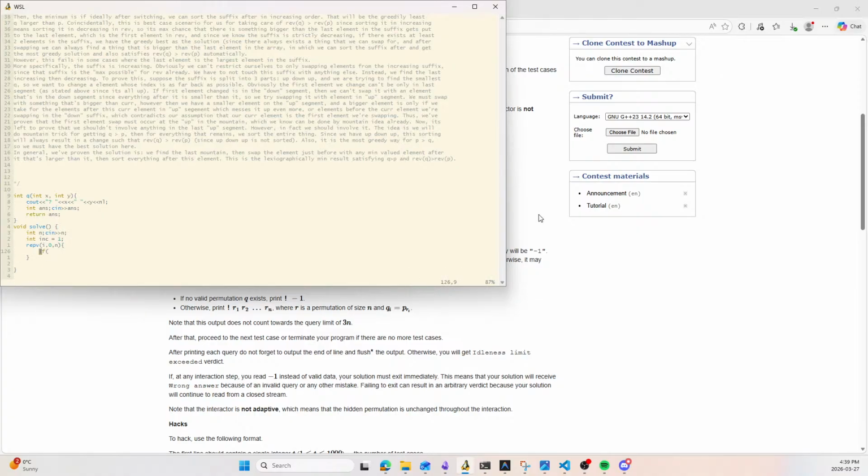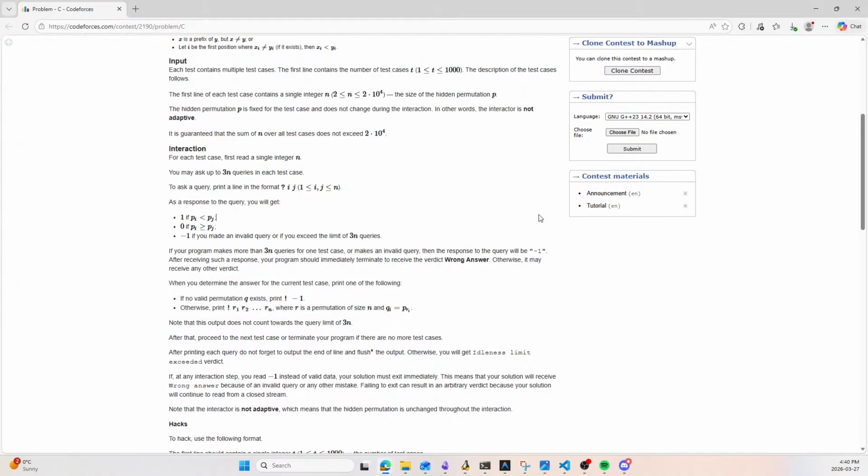And then if ask, I guess, if ask of I plus 1, I is equal to 0, which means what? What does 0 mean? 0 means that